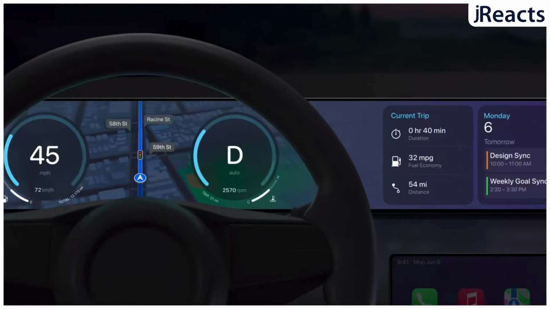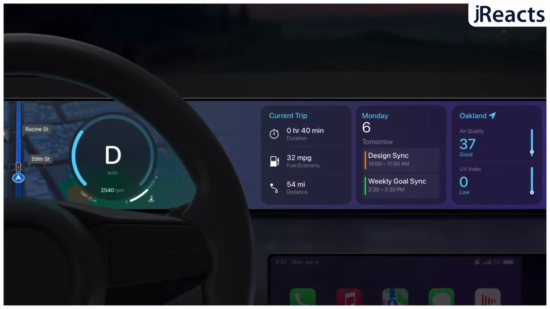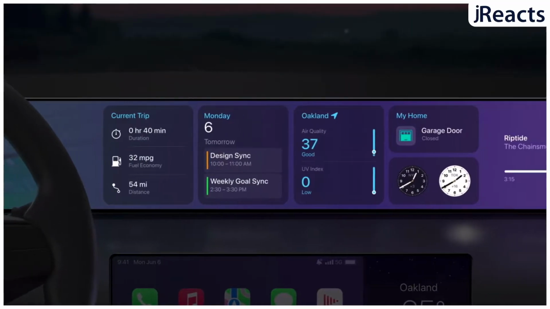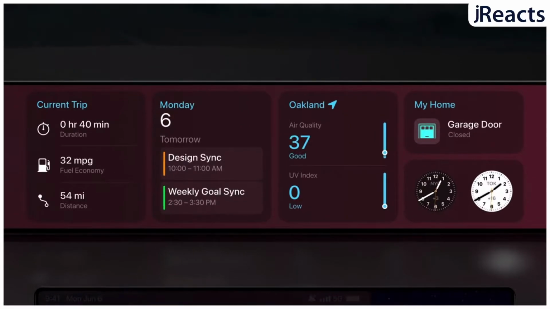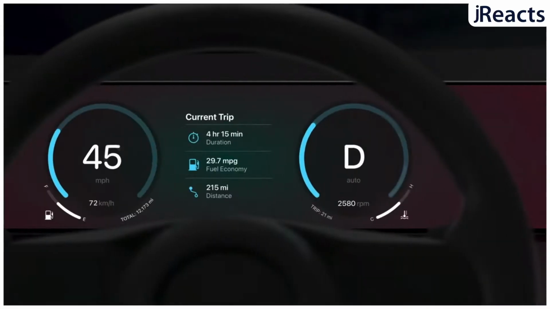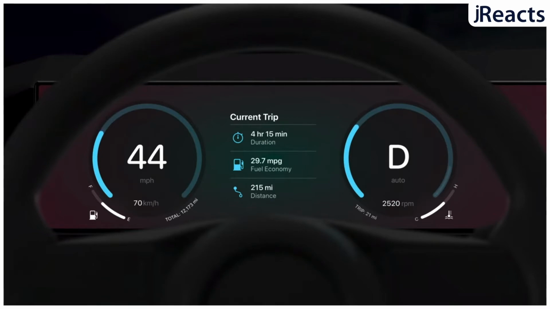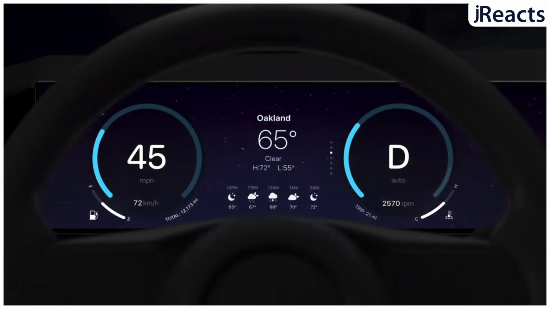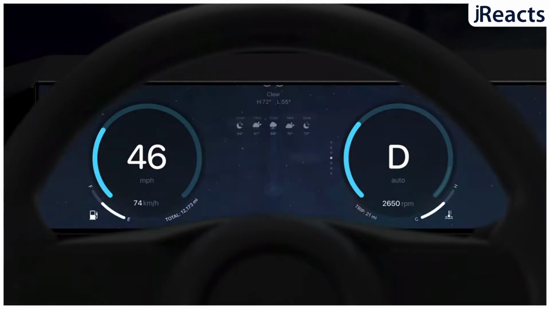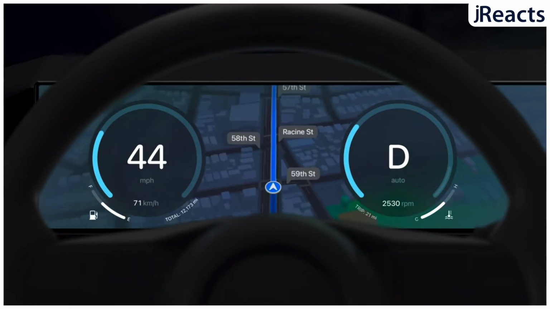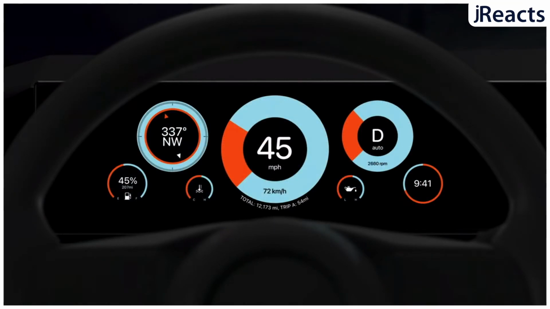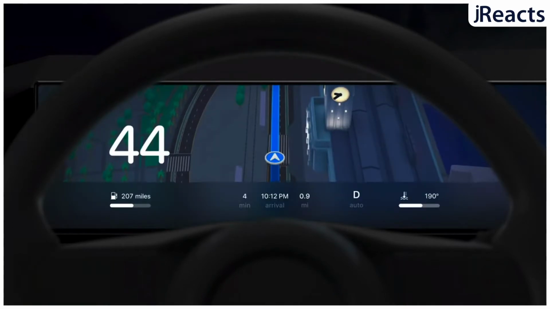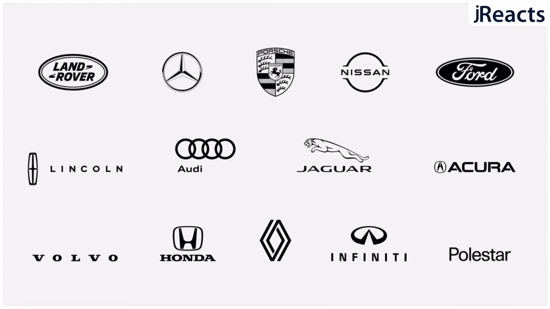So what Apple wants to do is take over all the screens that are in your car, so that way you have different clocks. You can still control things like climate and air quality. You can see the fuel and everything, but then you can also see things like the weather. You can also have maps right there in the middle between the two gauges. You can even change the way the gauges look, which is great, with different colors and different styles. So you can actually personalize it. And all the car companies are committed to doing that in the future.